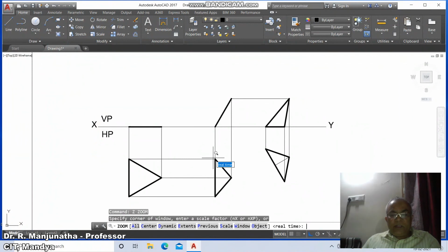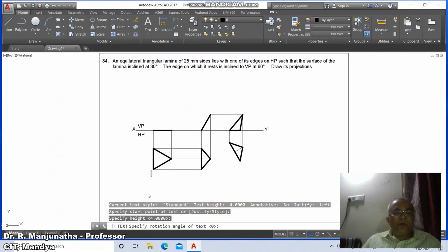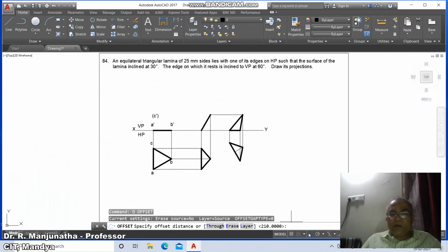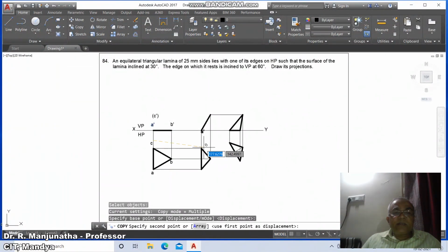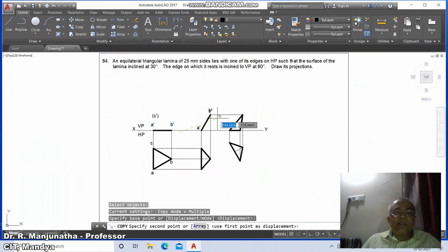Then go to the text. Again, mark this as small a, you mark this as B, and you mark this as C. Here A dash, here it is B dash, and here it is C dash, and in bracket. Now go to copy, put out the ortho mode, select A dash, select it here, then B dash, you select it here, then C dash, you select it here.